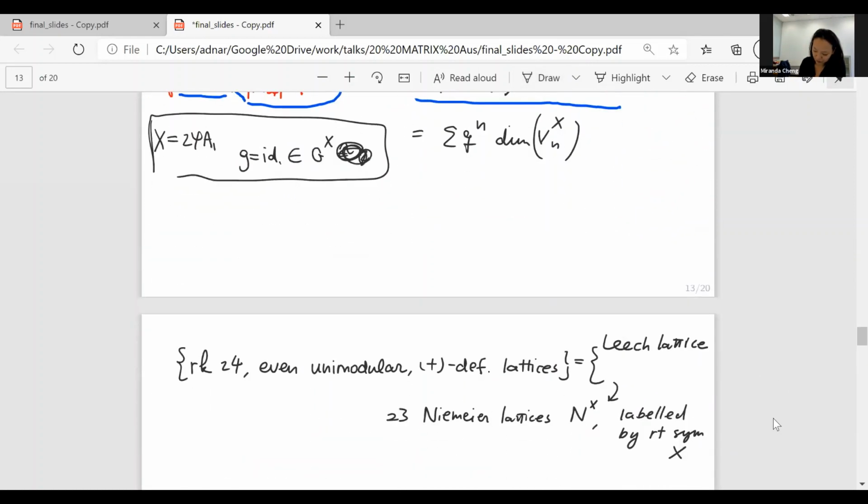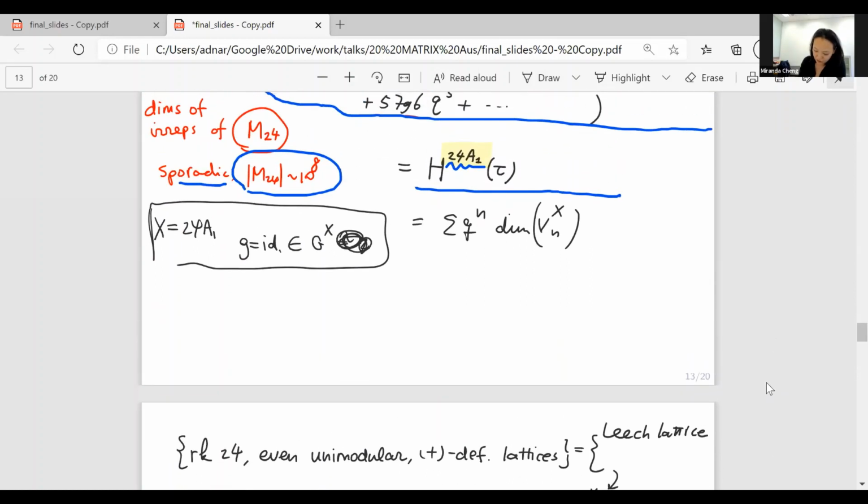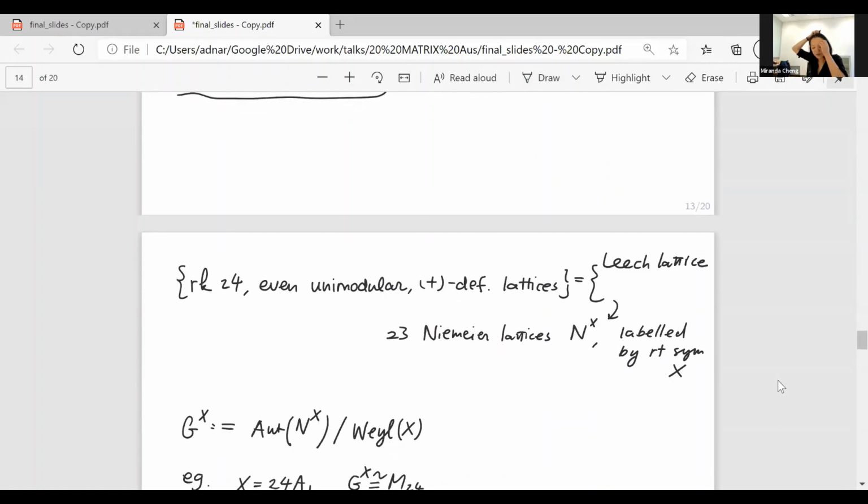Okay, so before explaining the moonshine story, let me tell you what these things are about. Let's start by recalling a theorem by Niemeier in the 70s, saying that there are just 24 inequivalent lattices that are of rank 24, unimodular and have definite signatures. One of them is the Leech lattice, which famously gives the optimal sphere packing in 24 dimensions, and it has no root systems. The remaining 23 we will call the Niemeier lattices. They are uniquely labeled by their root systems, and their root systems are simply laced, and